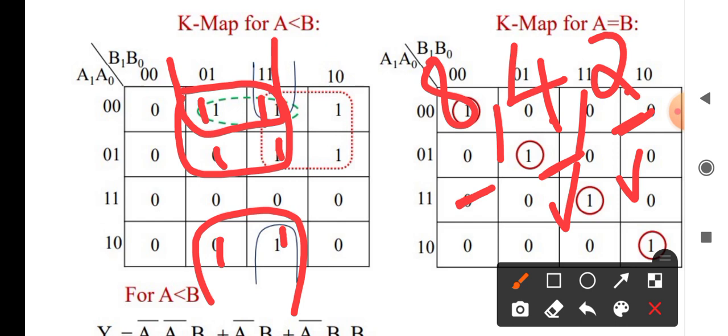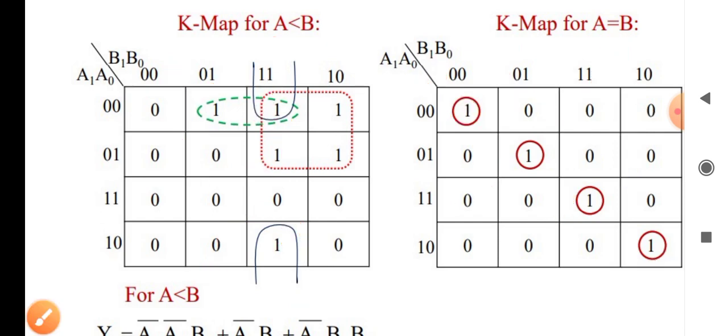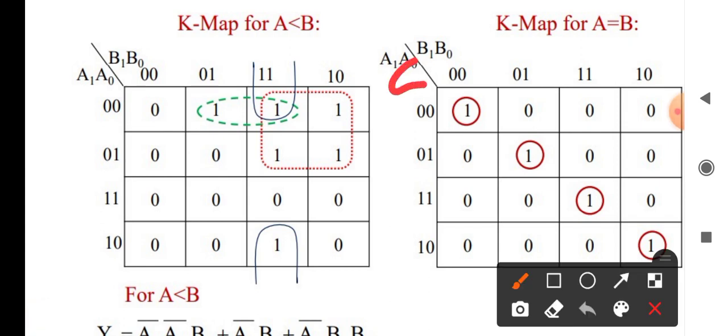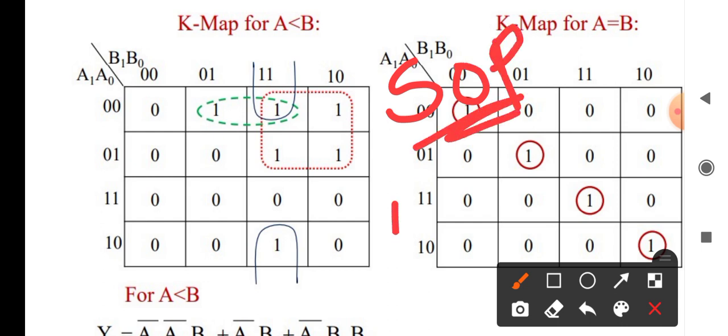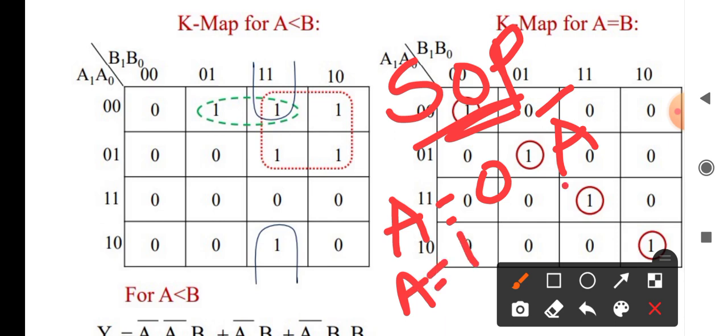Okay. Next, this is one example, because in the examination I saw the simplification is becoming very hectic for you. So next one, most of them we are going for SOP, sum of the product. In sum of the product, you should always see that when A is equal to 0, it is represented as A complement. When A is equal to 1, it is represented as A itself.